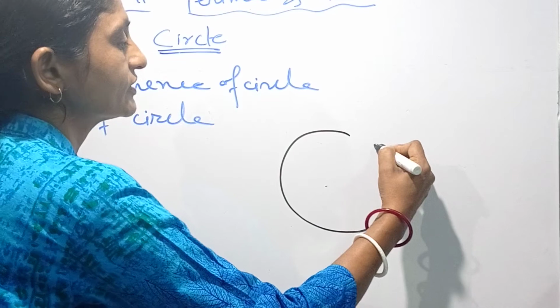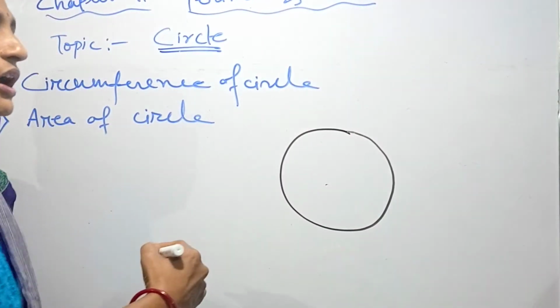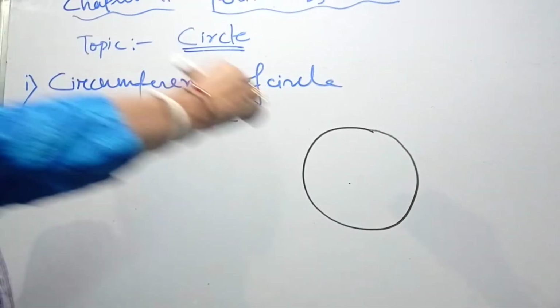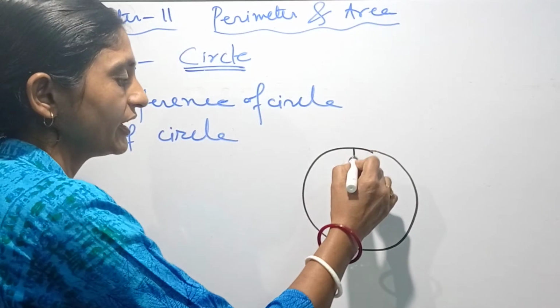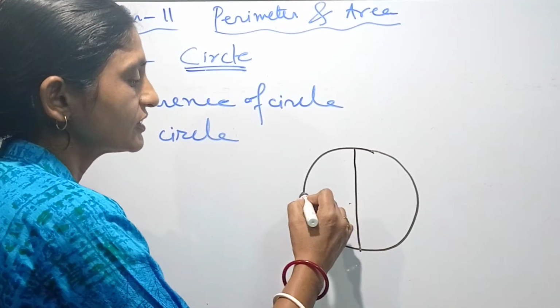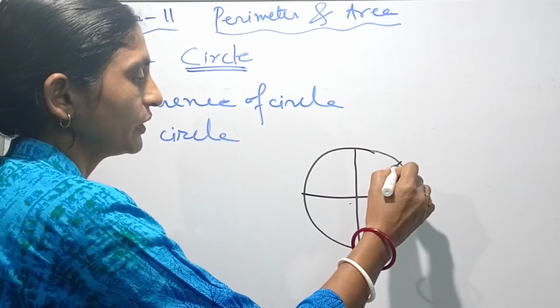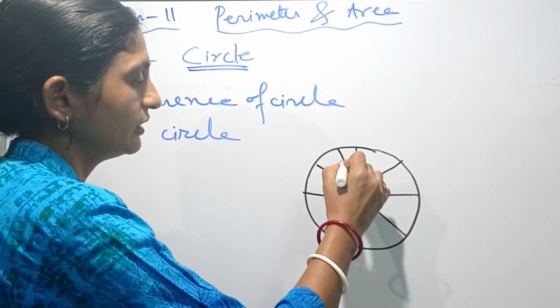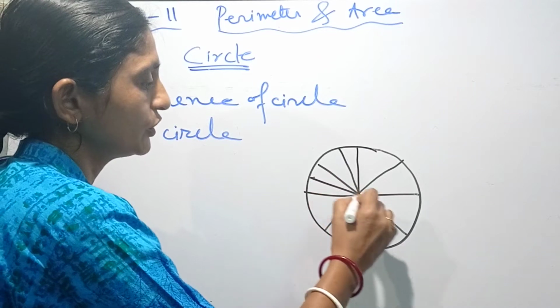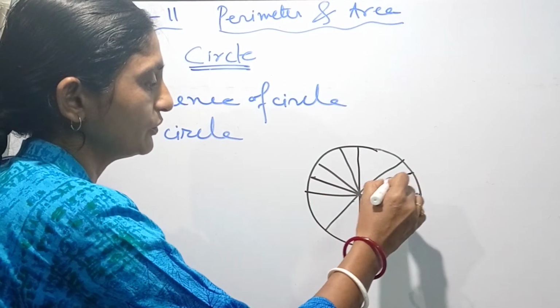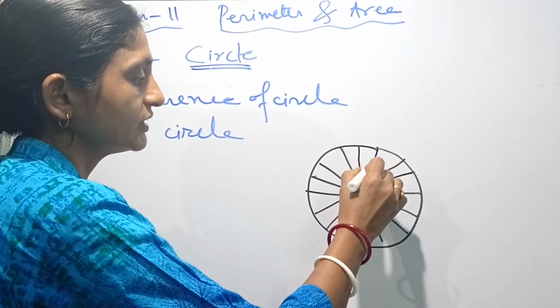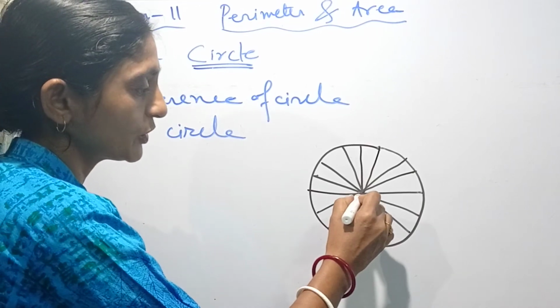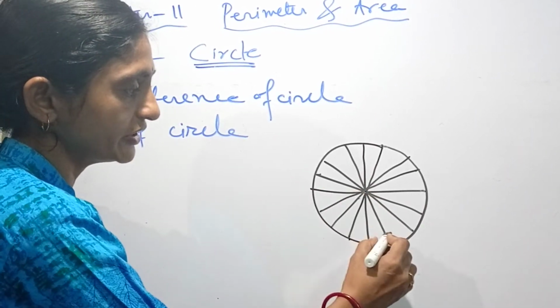Okay, here we will discuss the area of a circle. How can we get it? Suppose I have taken one circle and divided it into 64 equal parts. When I divide it into 64 equal parts, we get small lines from the center to the circumference. These are the radius.